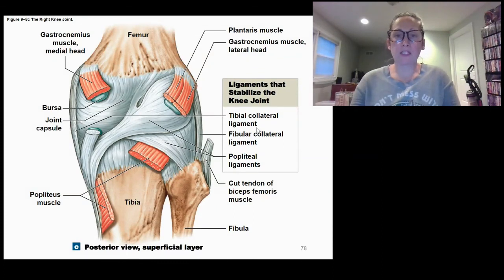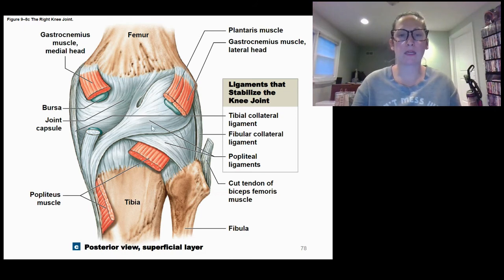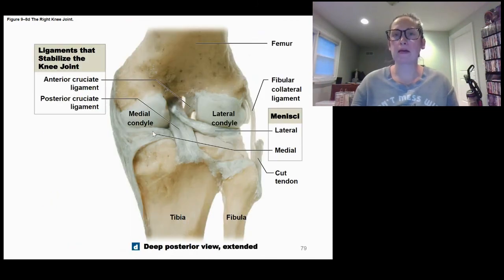All right. Here's another posterior view, looking at some of the musculature and mainly the ligaments that are found there. Here's those two popliteal ones that are located to stabilize the posterior portion of the knee. So bottom line is the knee's got a lot going on. It has a numerous amount of ligaments to hold it together because, again, the bones don't fit together like the ulna and the humerus do. So we will take a closer look at those knees, especially those of you familiar with any type of knee